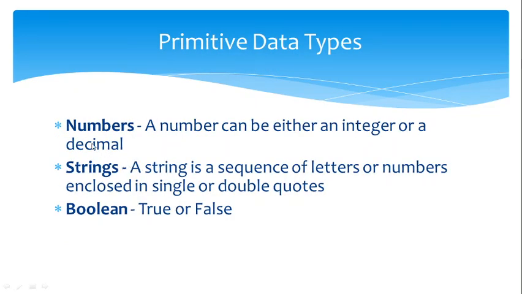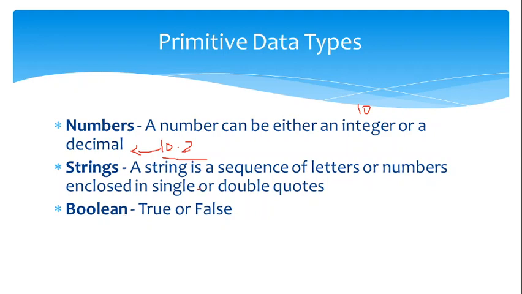First one, number. Okay, what is a number? A number can be either an integer or a decimal. Maybe an integer value or a float value. Integer value is directly a number like 10. Decimal value is like 10 point something, like 10.2, it is a decimal. And integer is only 10. Whatever the number without decimal, that is called integer. With the decimal, it is called float.